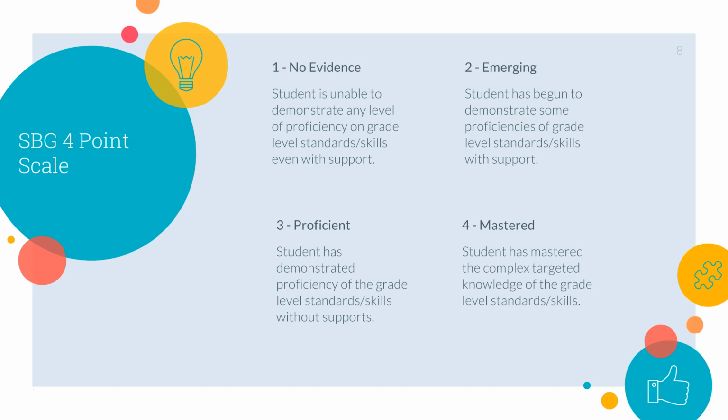Emerging, which is a 2, means that the student's been able to demonstrate some of the proficiencies of those course or grade level skills with teacher support. And proficient means that the student has demonstrated the proficiency of the skills without support. And mastered means that they're able to actually demonstrate mastery of those complex targeted knowledge of grade level skills. And on the next slide, we're going to show you what maybe that 1, 2, 3, and 4 would mean